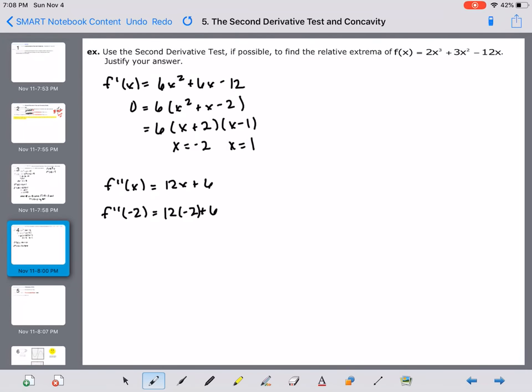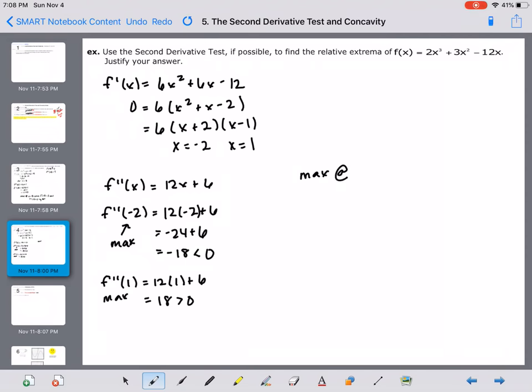Here's my parentheses, sorry. We get -24 plus 6, which is -18. That's less than 0, therefore that's my max. It's kind of opposite: a negative value produces the max, a positive value produces the min. Now I want to do that same thing with the other value. So 12 times 1 plus 6, and that's a positive 18. That's greater than 0, positive, so that's a maximum. So I can officially say that I have a max at x is equal to 1,